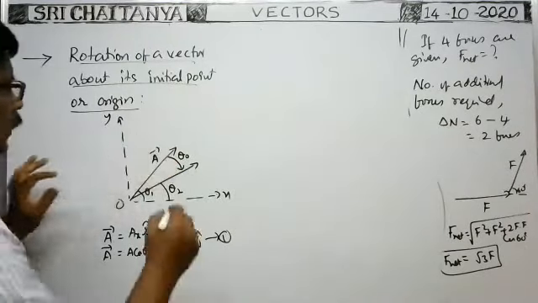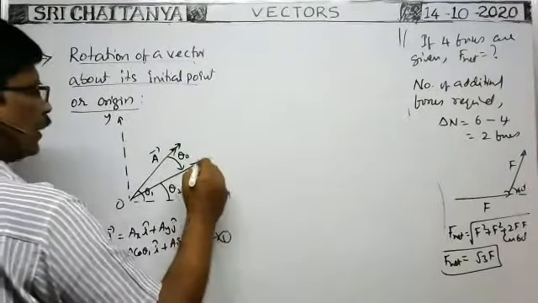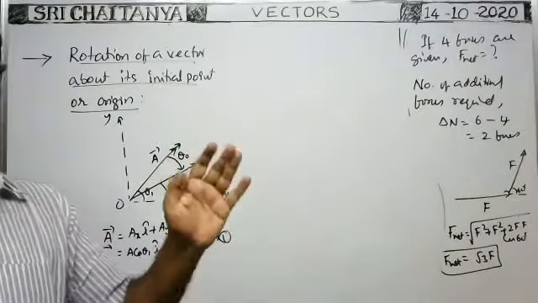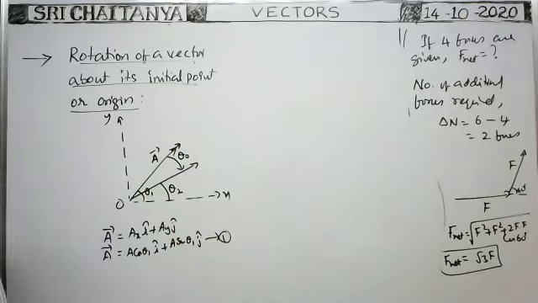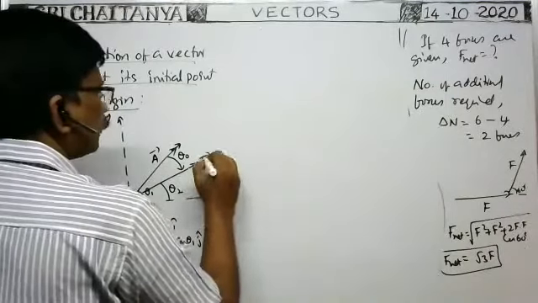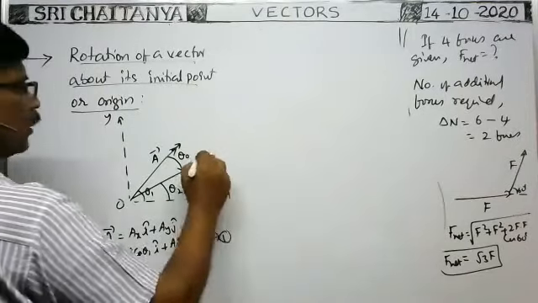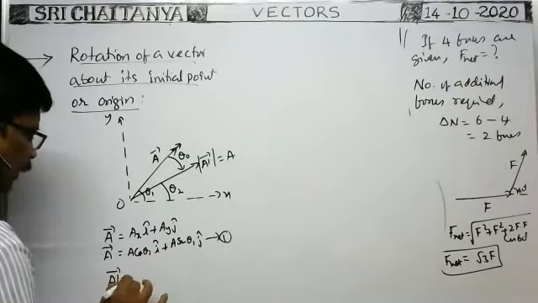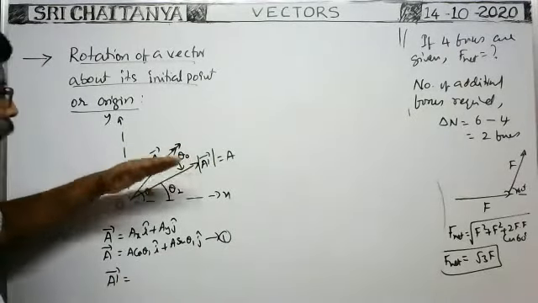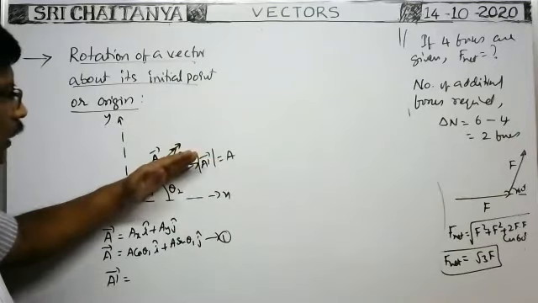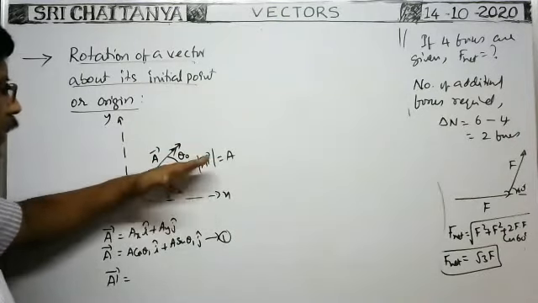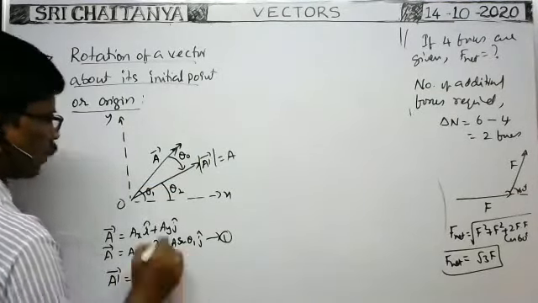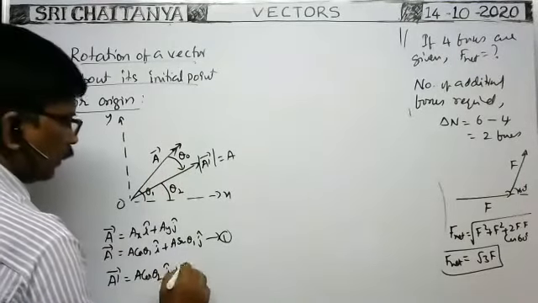The length here is the same as the length there, the same length. So the magnitude of the vector does not change. But the direction changes. When the magnitude does not change but the direction changes, even then the vector is said to be changed. Let this be a dash bar. The magnitude of this a dash bar is equal to a itself. Therefore the new vector a dash bar, written in vector form: the x component of this new vector along x-axis is a cos theta 2 into i cap plus the y component a sin theta 2 into j cap.